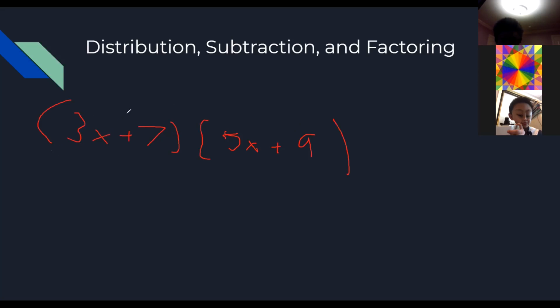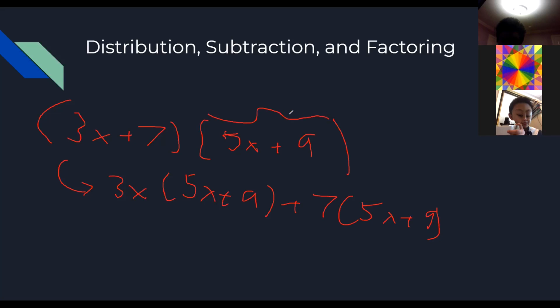This would equal 3x times 5x plus 9 plus 7 times 5x plus 9. Since this in itself would be a common factor of both of these, we could split apart this